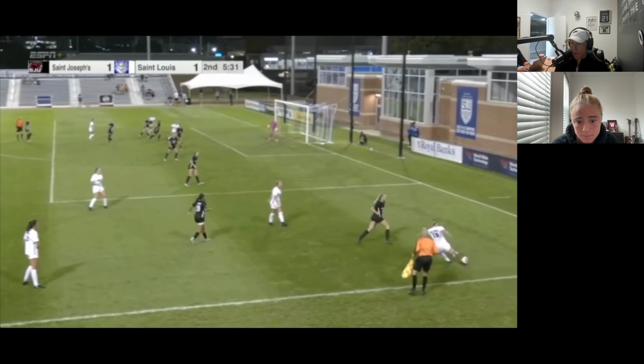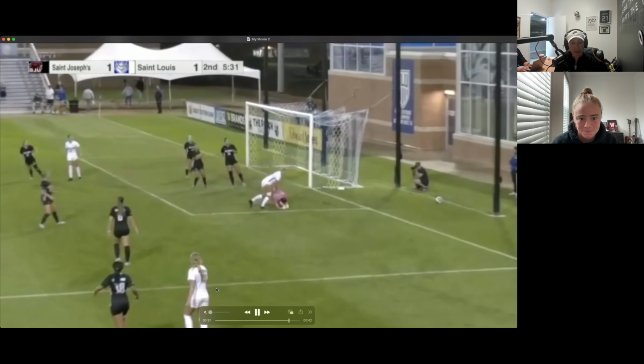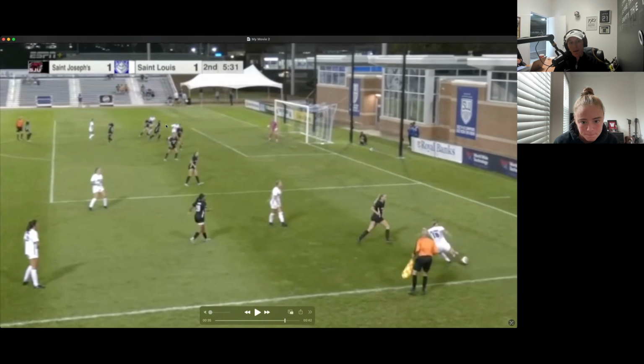One more thing I wanna point out, some small little nuance, it has nothing to do with goalkeeping, but defending, is that on this play, you can see this player can see this runner, right? And this player is on this center back's blind side. So this player should be telling this center back, "Hey," coming through, or whatever language that defenders use,